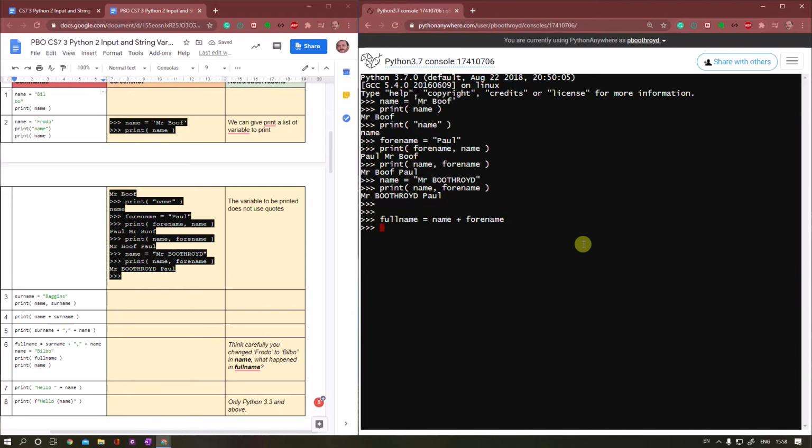If I try using a command that says error name equals name plus forename, surname, I've never told it in my experiments what surname is, so I'm going to get an error on it. Name surname has not been defined. That's an important point. Okay, you cannot use a variable before you've actually told it what it is. So you might want to take that sort of common. If it comes up,